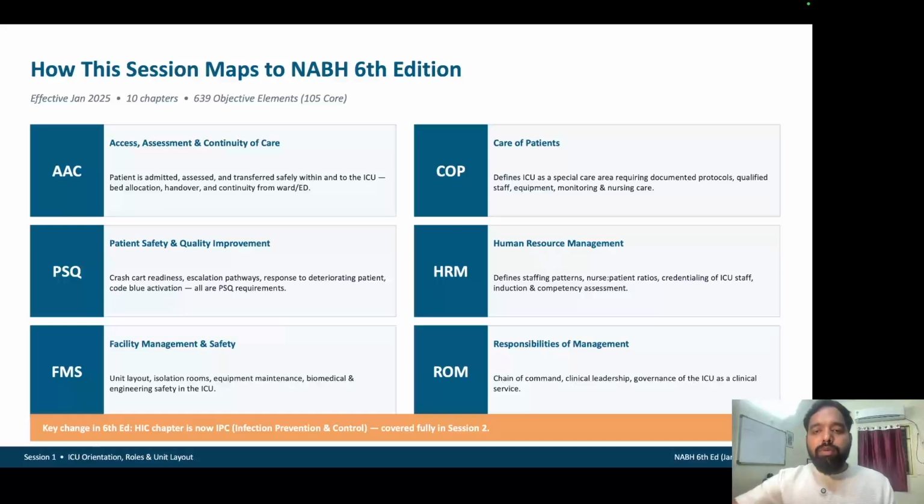Human resource management defines staffing patterns, nurse-patient ratios, credentialing of ICU staff, induction and competency assessment. Responsibilities of management cover chain of command, clinical leadership, and governance of ICU as a clinical service. The key change in the 6th edition is that the HIC, Hospital Infection Control chapter, is now called IPC, Infection Prevention and